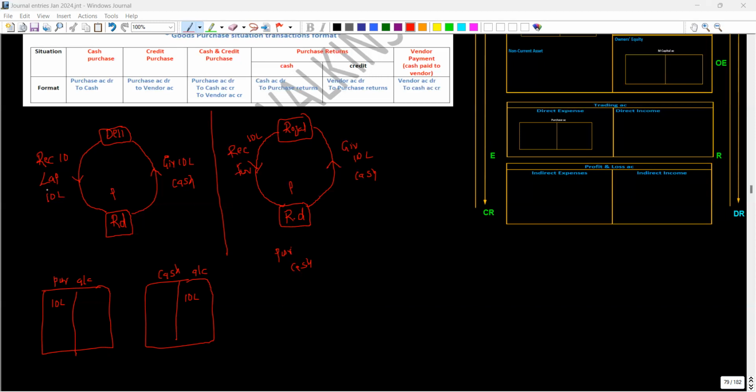So in example 1, for item 1, we are receiving 10 lakhs rupees worth of laptops. So purchase account debit to cash account. Here we already know it is laptop. Okay. In case the company is purchasing not laptops, let's assume an air conditioner from the Blue Star company with cash of the same 10 lakhs. If the company is purchasing the air conditioner with cash of 10 lakhs from Blue Star company, for the second item also,